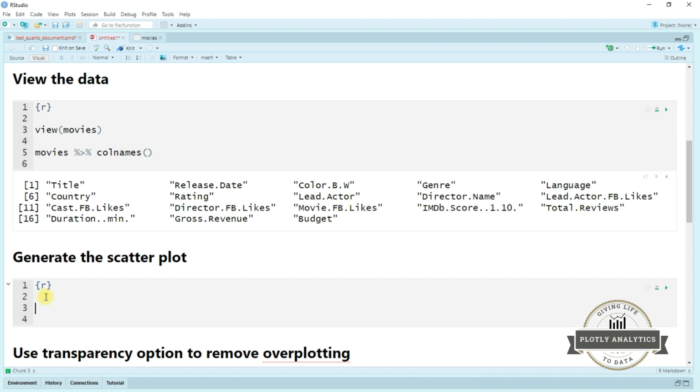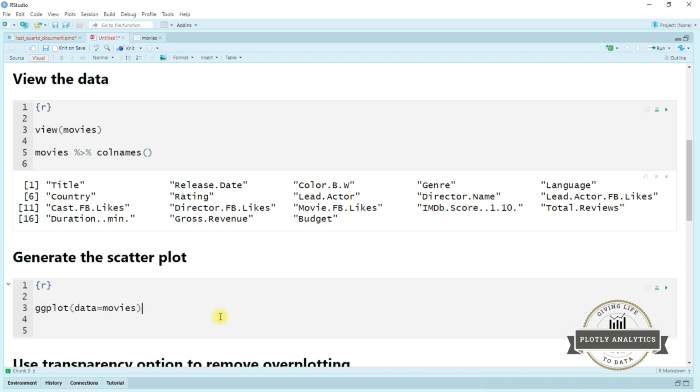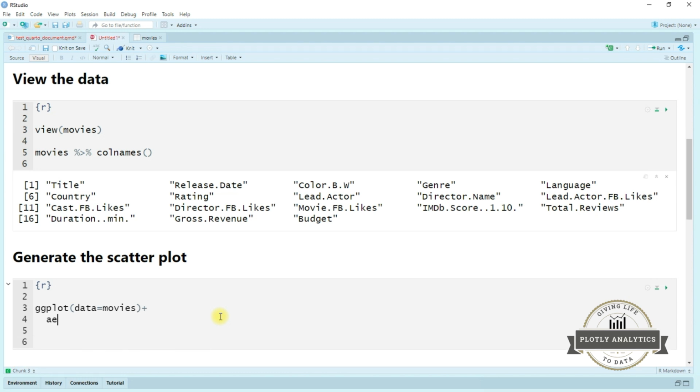Now we are going to start generating the scatter plot. As we have learned in the last video, the ggplot function uses the grammar of graphics. It uses different layers. So we are going to start with our base layer, which is the data. In this case, data equal to movies. And we also learned that the next layer always starts with a plus symbol. So plus, the next layer will be the aesthetic layer. In this case, I'm going to map the variables to the x and y axis. So for the x axis, I will be using the